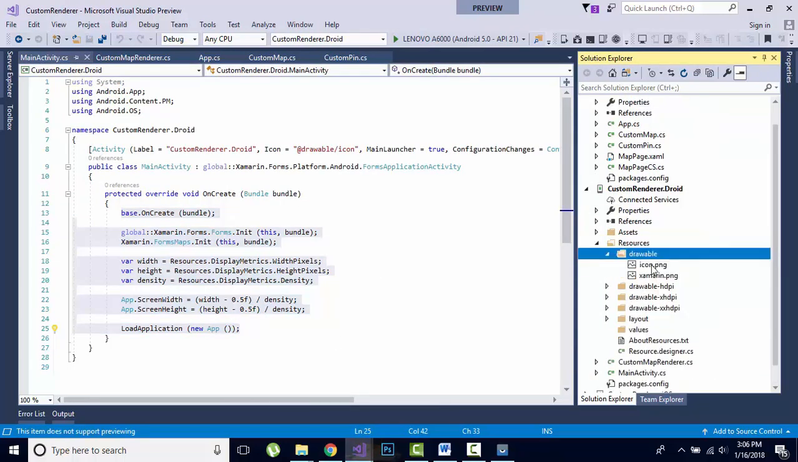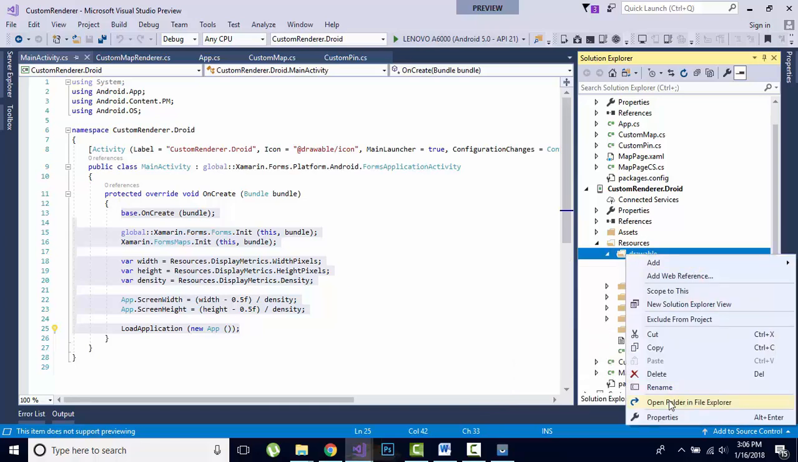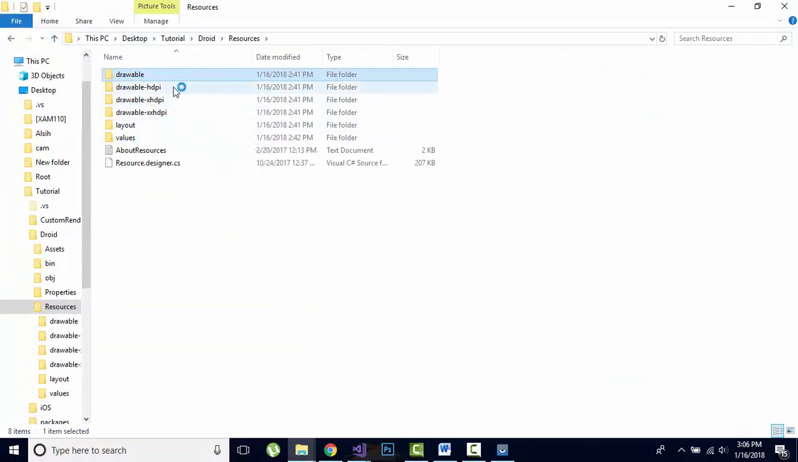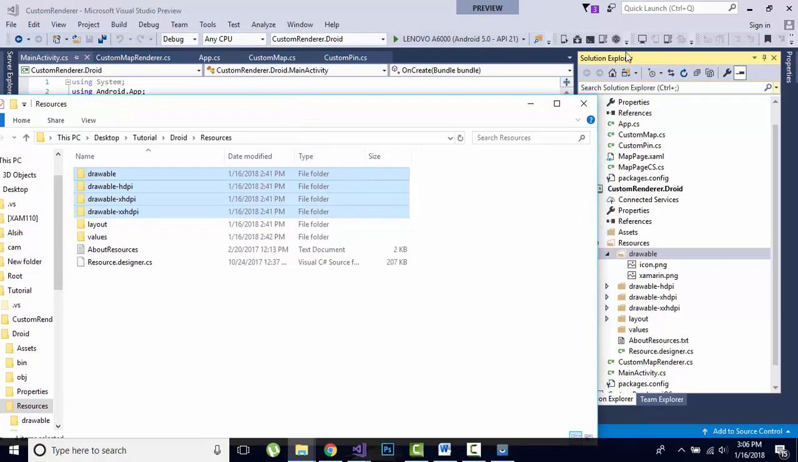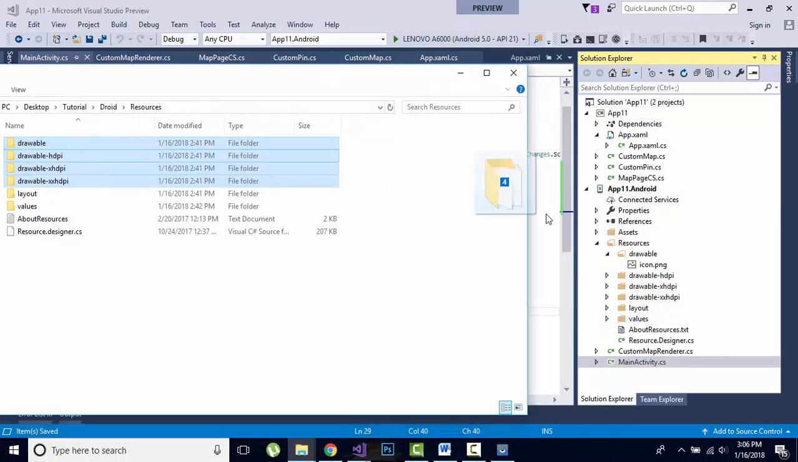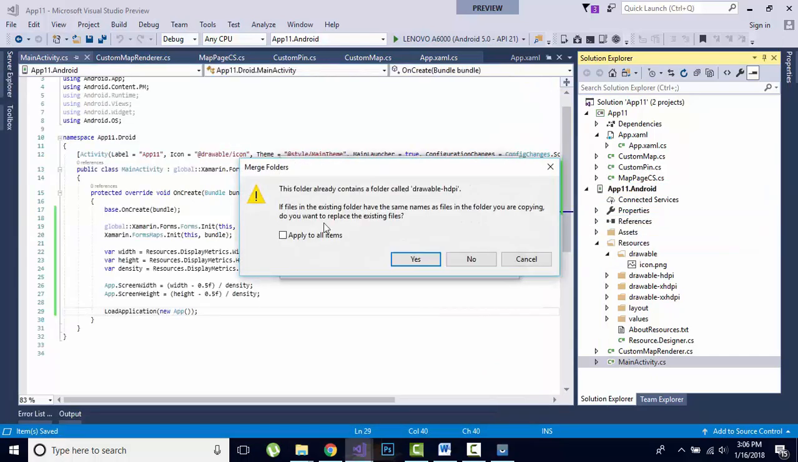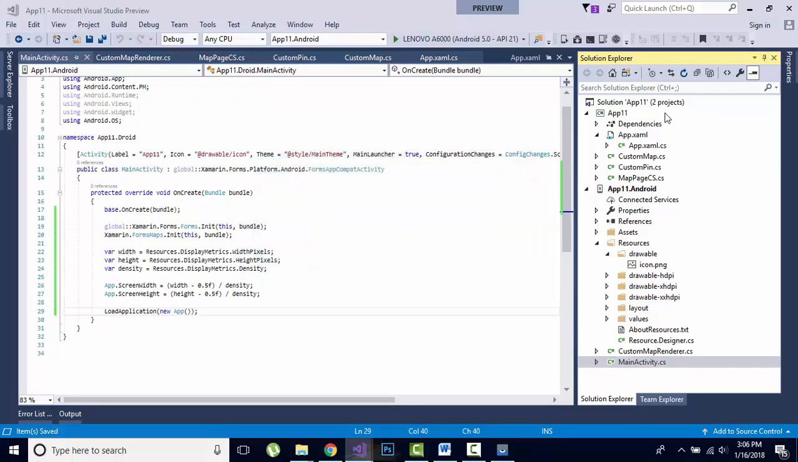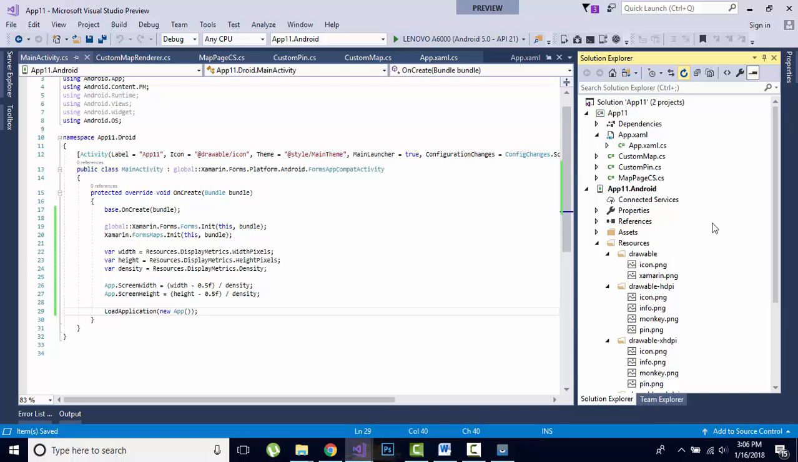And display matrices.density is a scaling factor that can be used to convert from pixel to density independent pixel. Now let us view the contents of the drawable folder in our file explorer, and let us copy and paste all its drawable contents inside your Android application of app 11, and then let us drag and drop inside our Android resources folder and then apply it to all, and all these drawable contents are loaded,